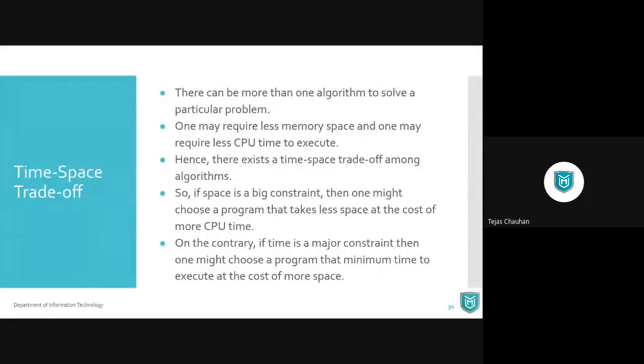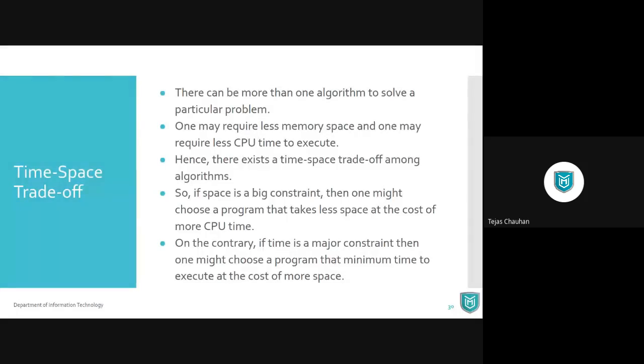Whereas in the second example, if we do not take an extra variable, which means it takes less memory, an extra variable की जरूरत नहीं पड़ी यहाँ पे, तो मैंने memory कम कर ली. But in that case, I need to go for mathematical operations. एक addition और दो subtraction operation मुझे ज़्यादा करने पड़े, and that takes time.